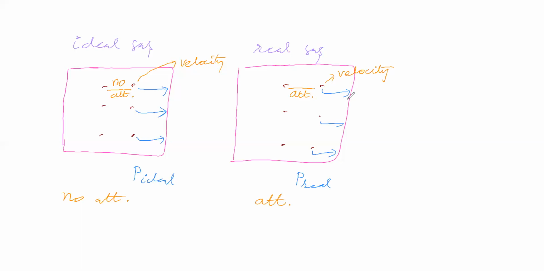Now you compare the velocity of this gas molecule and the velocity of this gas molecule. Do you feel that they are the same or different? How will the velocities be? Velocity of this real gas and ideal gas, you are saying that they are not the same. So this velocity and this velocity are not equal. Not equal in the sense that one is having higher velocity. Which is having higher velocity, do you feel?